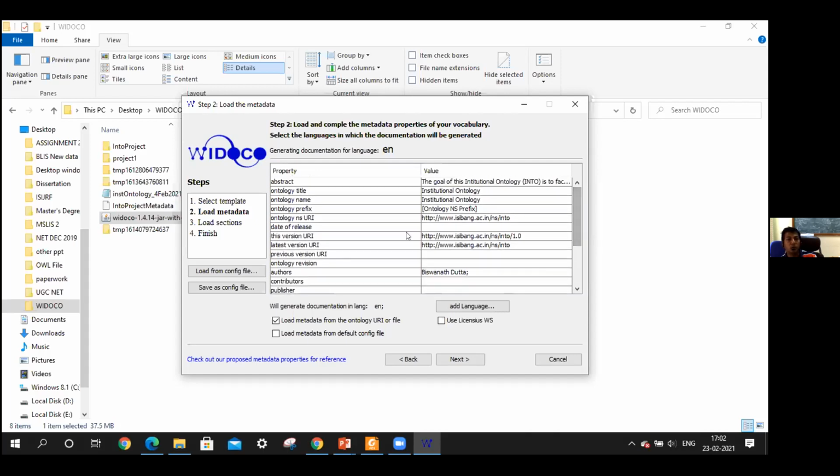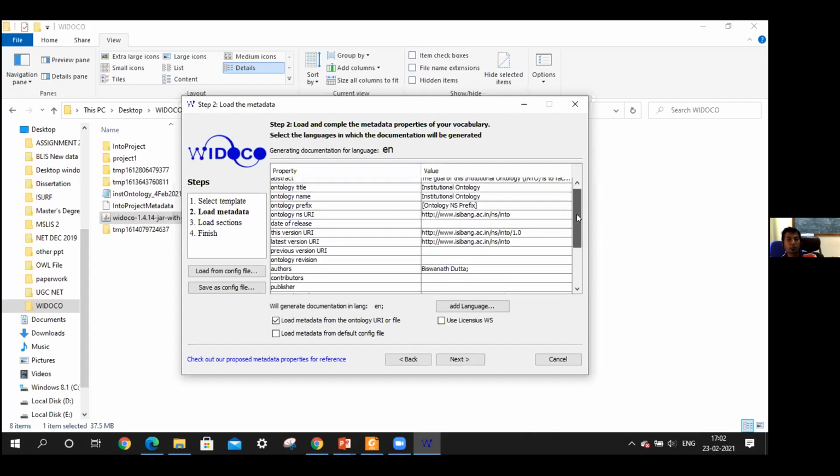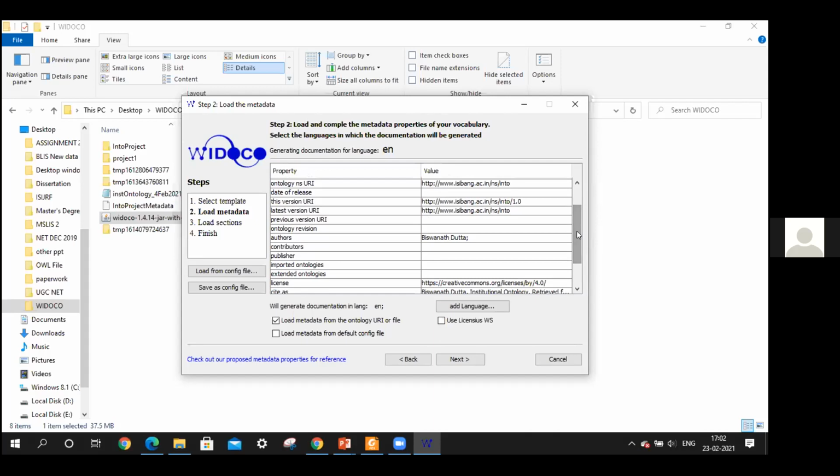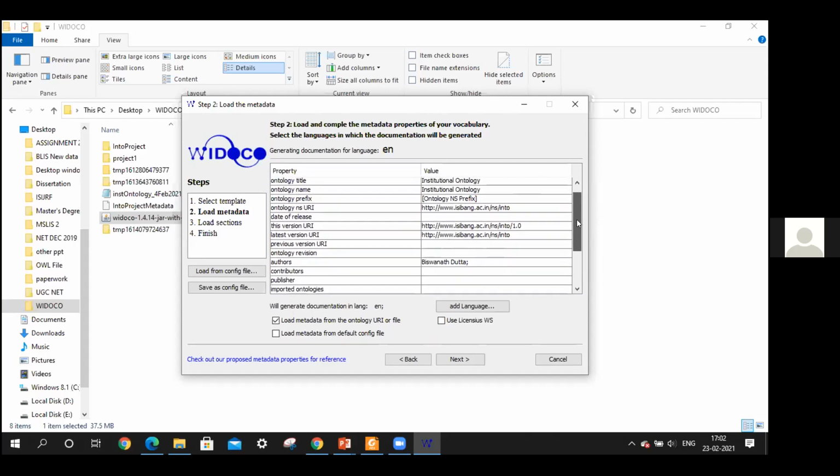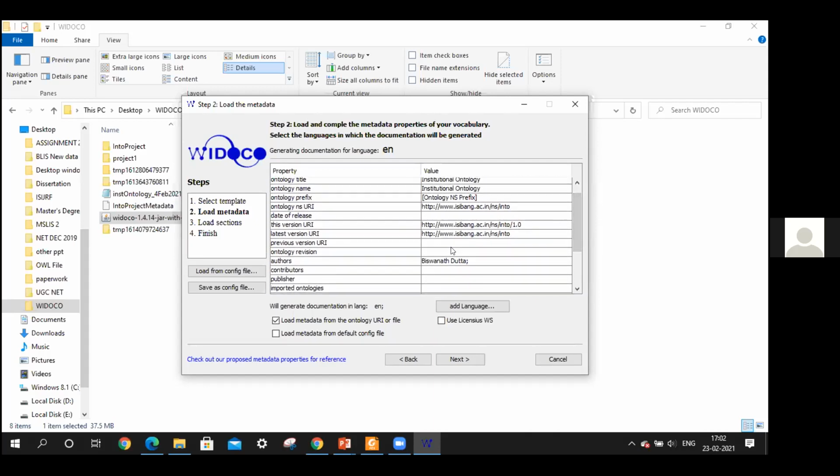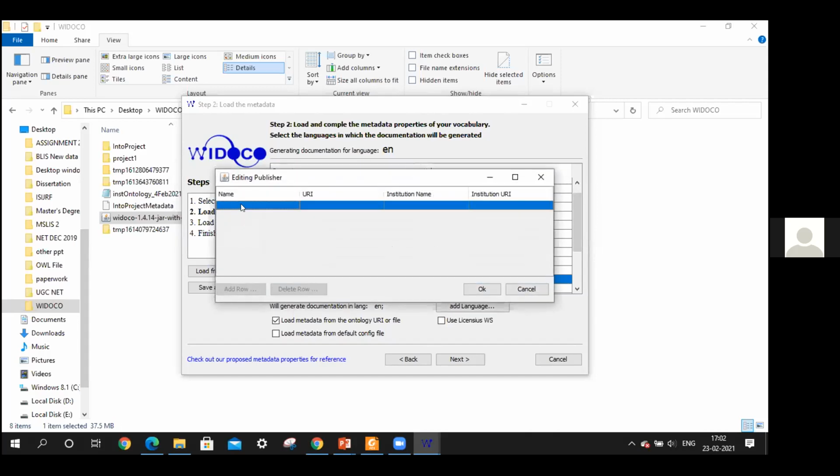For example, maybe Devanjali, you can show the ontology prefix, change it. There are some empty metadata fields that you can see here. So we are just changing this. We are adding the publisher information here. We can add ISI. We can give some URI.